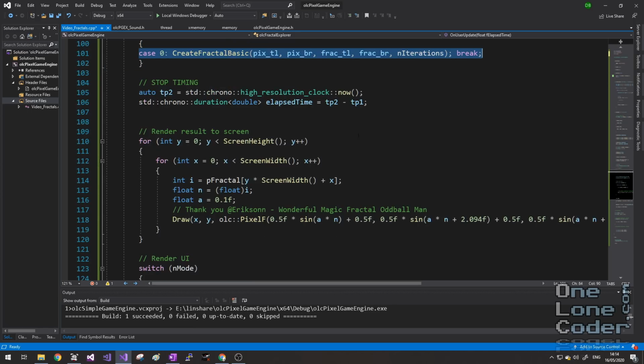Once the fractal generation has completed for that frame, I then need to draw it to the screen, because so far all I've got is a 2D array of integers, which are counts, the number of iterations that that particular pixel required to satisfy that constraint. So I'm going to have a pair of nested for loops that iterate through every single pixel, and I'm going